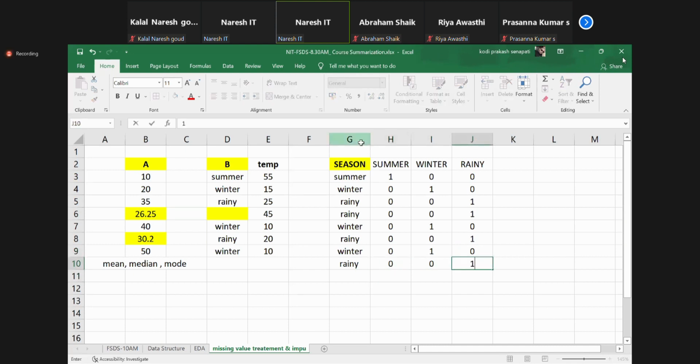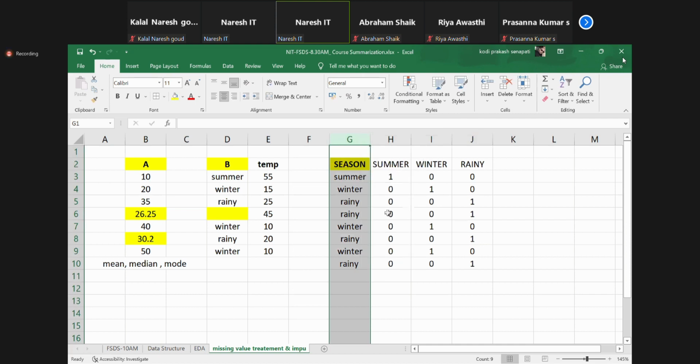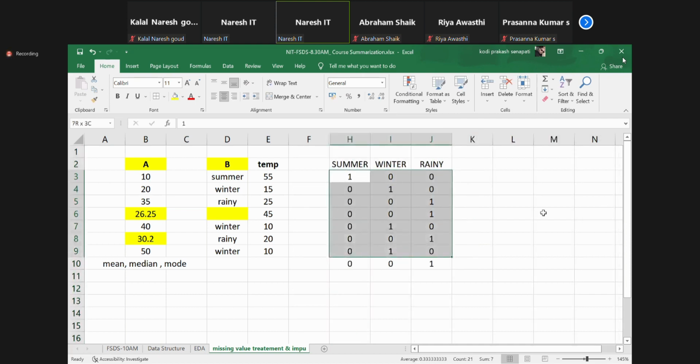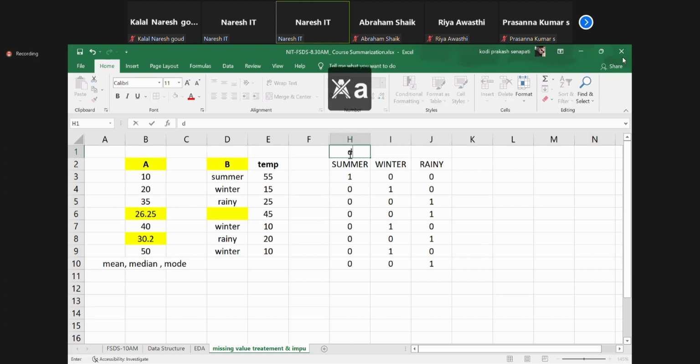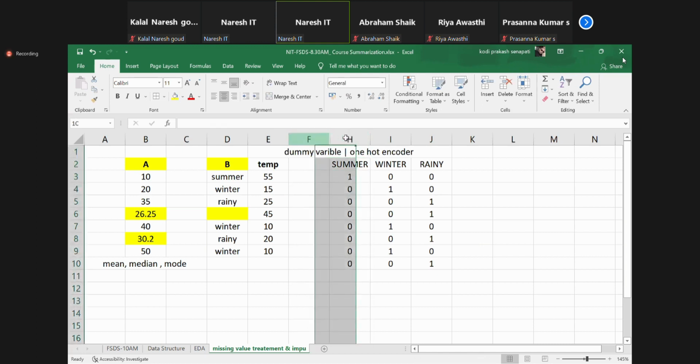Now, can I delete these attributes? Now the machines are trained. Do the machines train? Now machines understand what is 0 and what is 1. This concept is called dummy variable or one hot encoder. This is one of the imputation techniques.